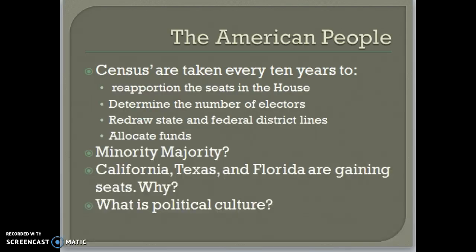So a census of the American people is taken every 10 years. That's constitutional. And the point of that is to apportion seats in the House properly. And that also dictates where electors will go. And so as people move, representation is going to change. As jobs leave some states and go to other states, people are going to move from states. As populations get older, people are going to move to certain states. And so it also makes it so that states can have adequate and proper representation